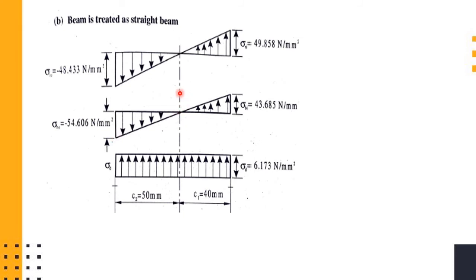And as I said, the centroidal and neutral axis will be coinciding in the case of a straight beam. So you can draw a straight line passing through the neutral axis. This straight line you will not get in the case of a curved beam. You cannot draw this straight line in the case of a curved beam. And this is the final stress distribution which you get for the combined stresses, the combined stress at the inner fiber and the combined stress at the outer fiber. With respect to the values, you draw the height of the curve profile, an approximate figure which will look accurate.